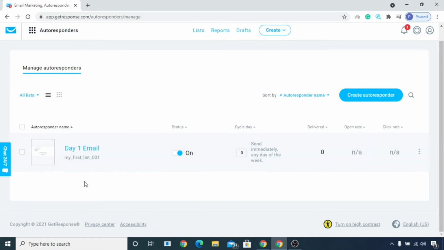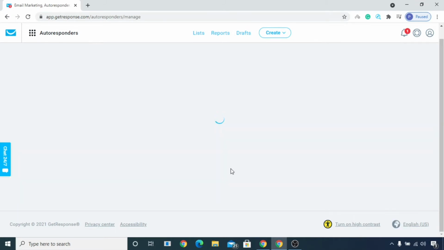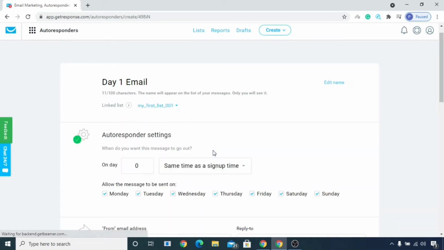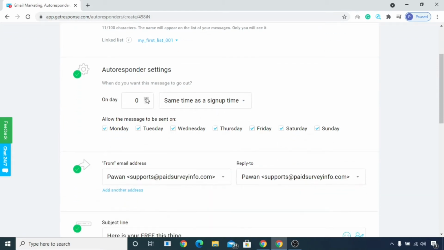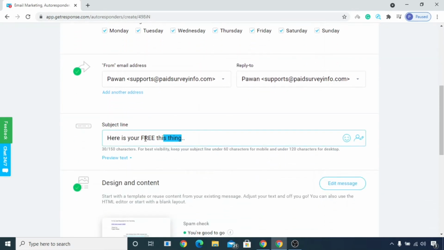Now in order to create the day 2 email, simply click on this three dot here, and then click on duplicate, and then you can name it day 2 email, and then increase this day from day 1, and change this subject line,